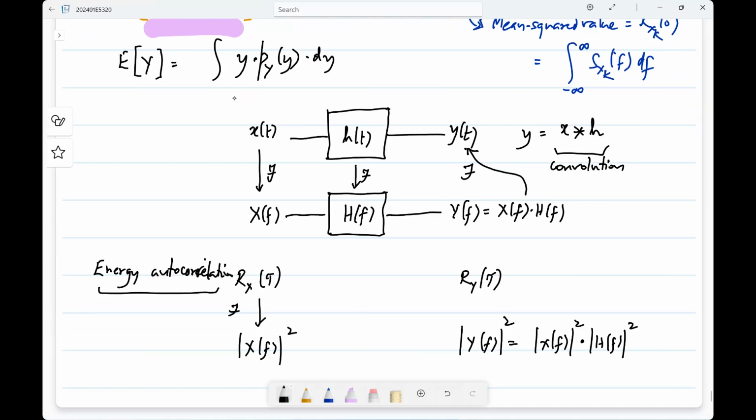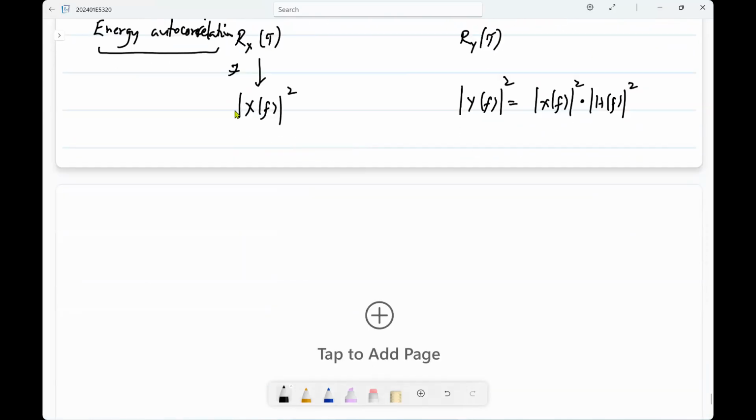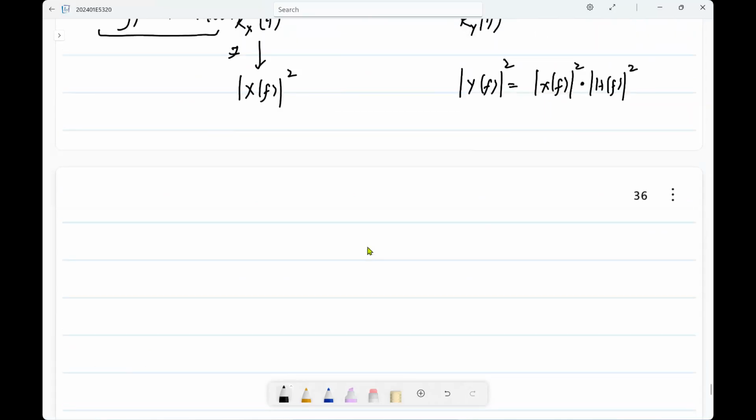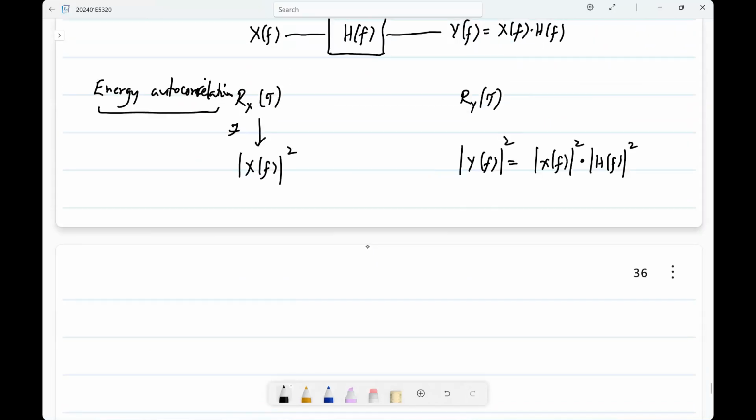So the output energy spectral density is the input energy spectral density times the magnitude squared of the transfer function. Now it turns out exactly the same relationship holds for the power autocorrelation function as well. I mean power spectral density as well. So this is the energy